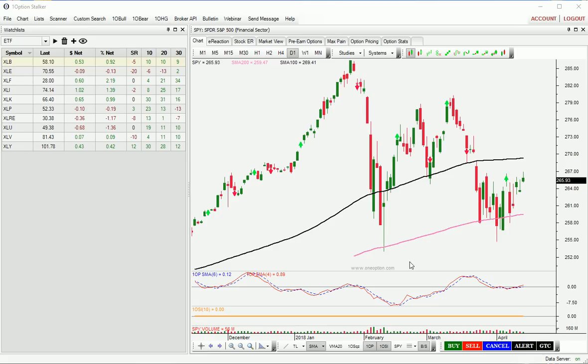Hello traders, today I'm going to show you a way to use Option Stalker to find pre-earnings plays. We're looking 2 weeks out specifically, and we're going to be looking for stocks that have a tendency to rally into their earnings announcement. We're going to use the custom search feature within Option Stalker to help us find these